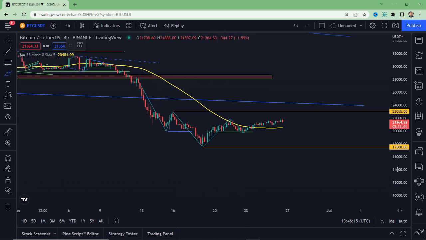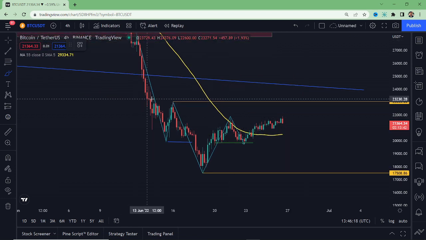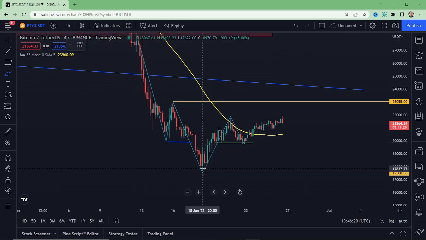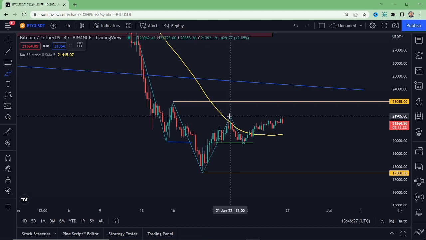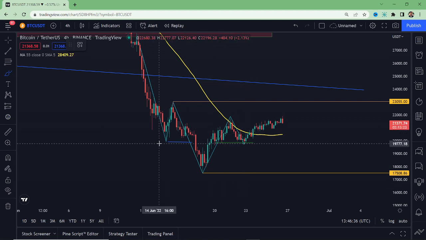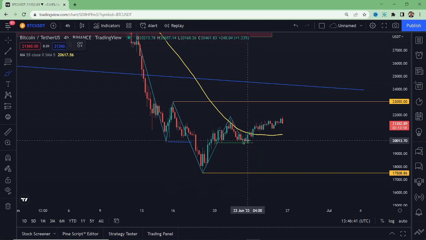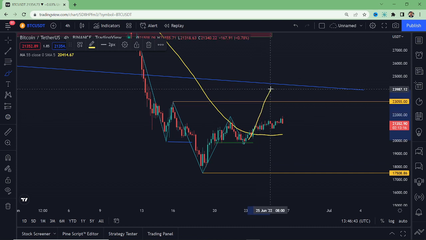So when do we have a change of structure? You can see that in this place, it created a lower low, and however, even though this is a higher low, I think this is the first time it is trying to create a higher low. So that would break this structure, and the new possibility would be something like this one. This could happen if this is successful.